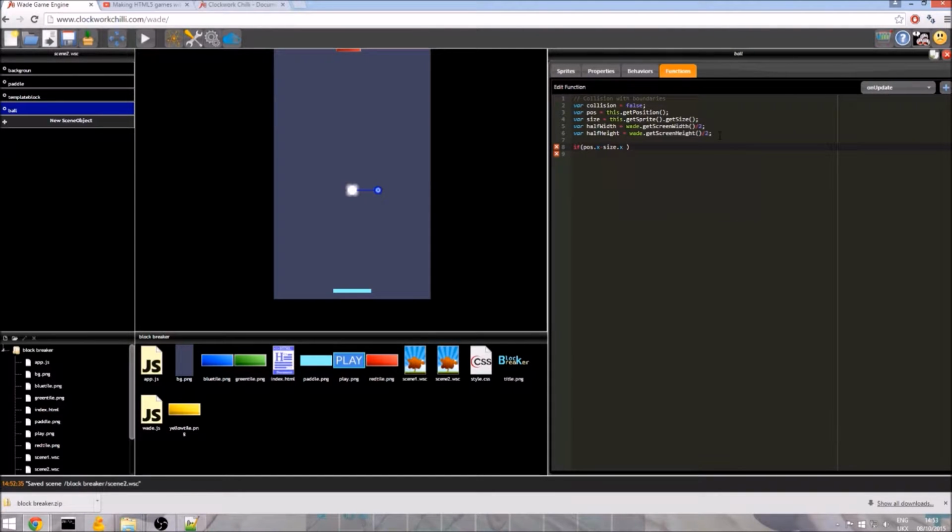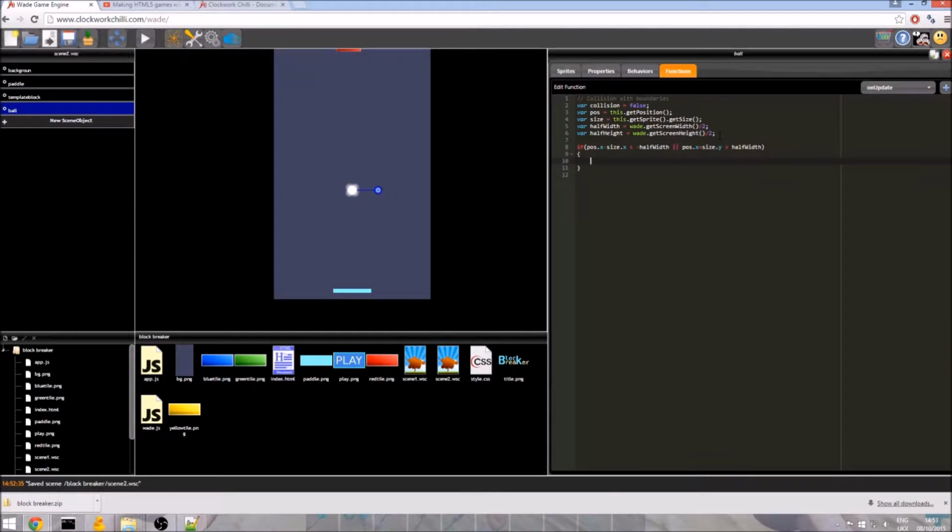If that is less than minus half of the screen width, and we need to put a minus in here because the screen width is positive by default, then we know our ball is touching the left border of the screen. Conversely, if position.x plus size.x of the ball is greater than positive half width, then the ball is impacting the right boundary.